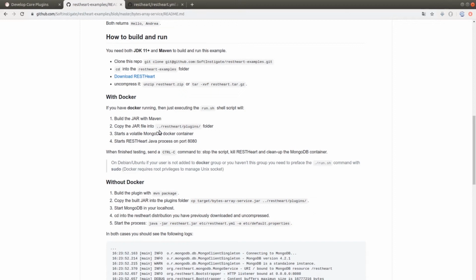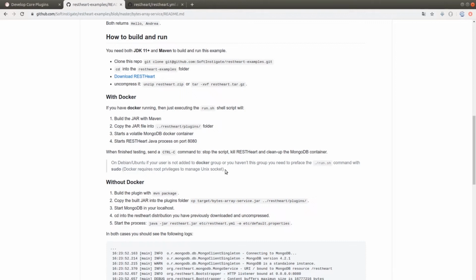We take for granted that the restart and the restart examples directories are at the same level. Then, it starts a MongoDB instance, or better, a temporary MongoDB Docker container, and it starts restart on port 8080. This way, the entire infrastructure is being executed. Of course, at the end of the test, it is enough to execute Ctrl+C to interrupt the script, stop restart, and delete the MongoDB container.